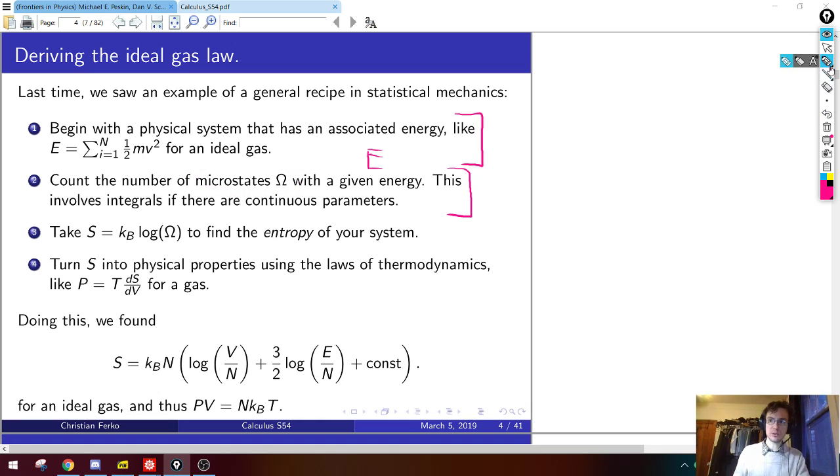So if the system is discrete, like spins that can either be up or down, this counting is actually a counting. If there are continuous parameters like a velocity, as there is in the ideal gas, when I say count, I really mean an integral, which is a phase-space volume, some continuous count. But okay, fine. So you do that counting. You count how many microstates have a given energy. Then the critical Boltzmann bridge step is we relate this macroscopic quantity called the entropy to this microscopic quantity, the number of microstates, by the equation S is k_B log Omega.